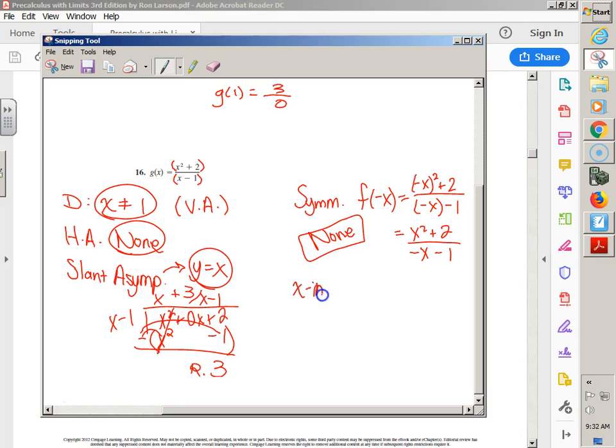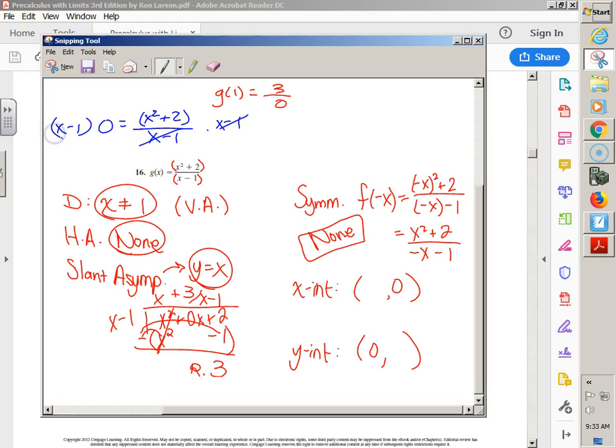The two different types of intercepts are the x-intercepts when y is 0, y-intercepts when x is 0. If I was to come back up here, I'm going to just use a different color and plug in y is 0. I have to do these separately. Hopefully you guys know, at least by now, what I'm always going to do with division. I'm going to multiply. But when we multiply by 0, what happens, guys? It equals 0. So for my x-intercept, when y is 0, I end up with 0 equals x squared plus